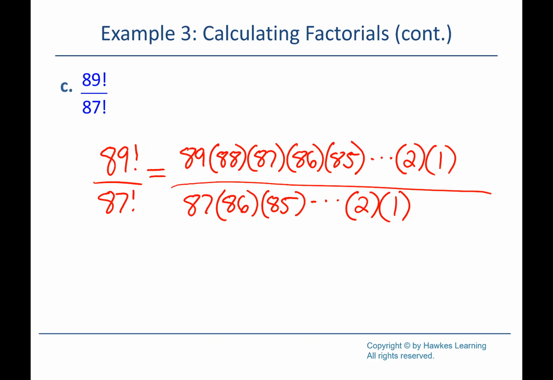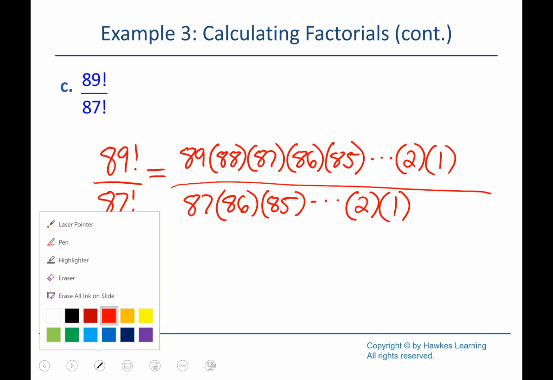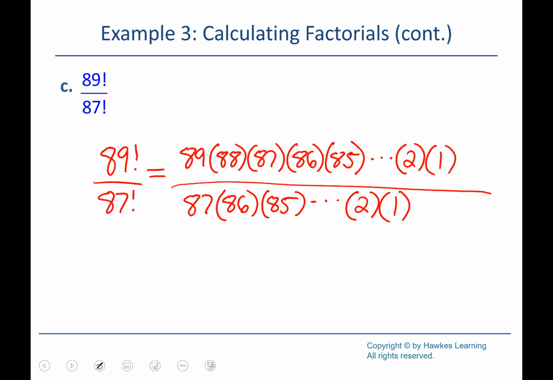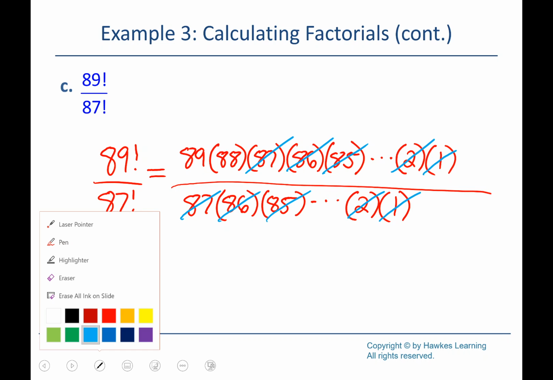What happens if you have a number over itself? Yeah, it turns into 1, or we say it cancels, right? It turns into a factor of 1. So, you see anything we got on top and on bottom? Yeah, a bunch of stuff. So what happens here is really nice. The 87s cancel, the 86s cancel, the 85s cancel, all the way down, right? We could keep canceling all the way down. The 2s cancel, the 1s cancel. So this thing simplifies down to